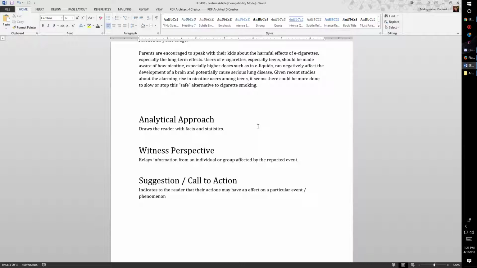Witness perspective is the second. This relays information from an individual or group affected by the reported event. And the last is suggestion/call to action, and this indicates to the reader that their actions may have an effect